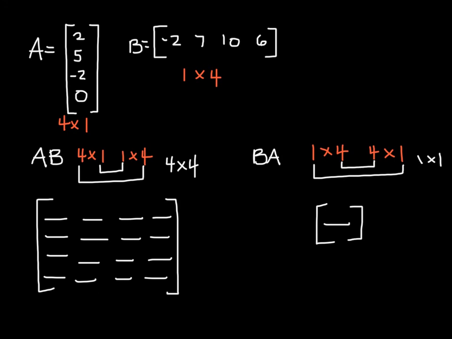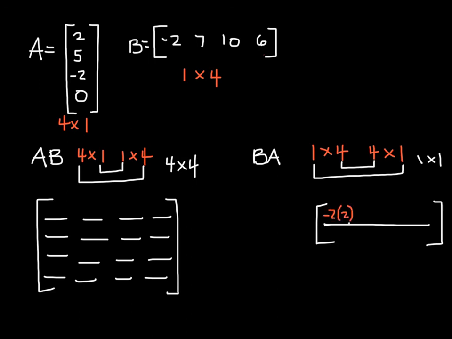So let's look at the B times A first, because my result is a 1 by 1, so I'm going to trust my math. And remember, this is first row, first column. So I'm actually going to do first row by first column. Okay? And I'm going to erase this. So I'm doing B times A. So first row times first column. So negative 2 times 2